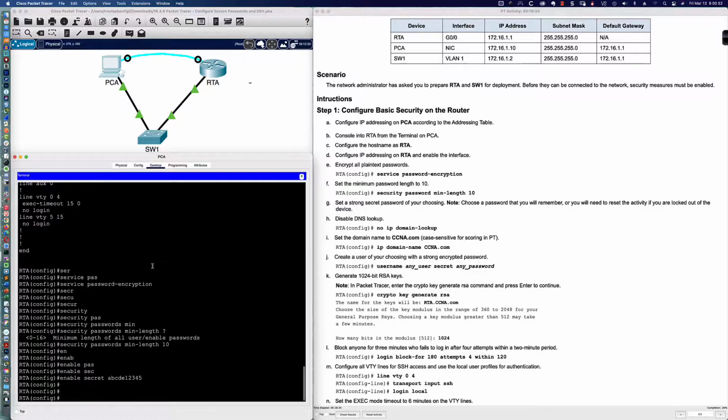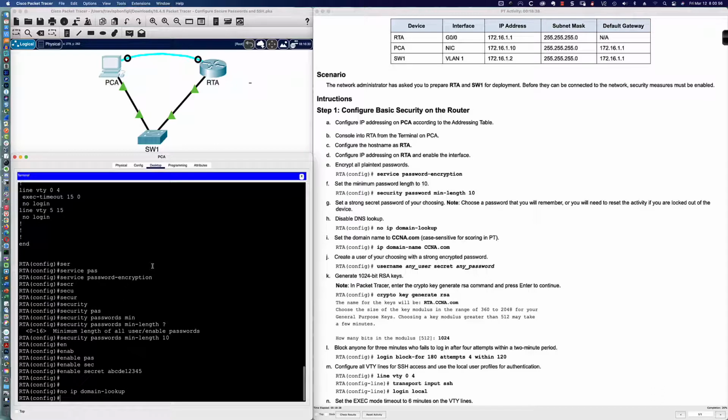We got a few points. Now let's go ahead and say no IP domain lookup. Always a good command to enter, because remember, what that is disabling on the router, and this command works on the switches as well, is that if from privilege exec mode I type a command in, but I mistype the command,